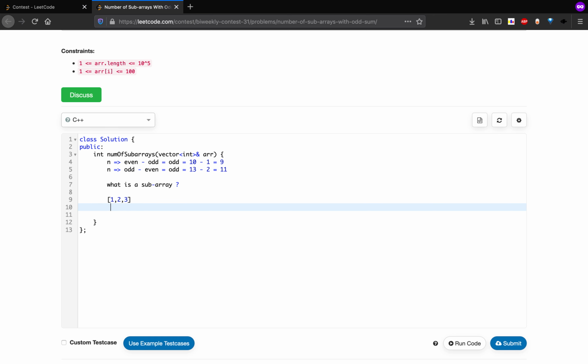So the subarrays will be the contiguous blocks: 1, 1 2, 1 2 3, 2, 2 3, and 3. So these are all the subarrays. And what is the upper bound of the number of subarrays within an array? It is n into n plus 1 by 2.